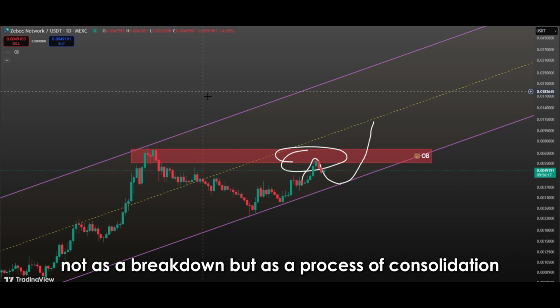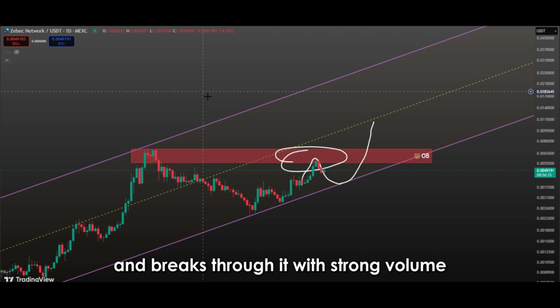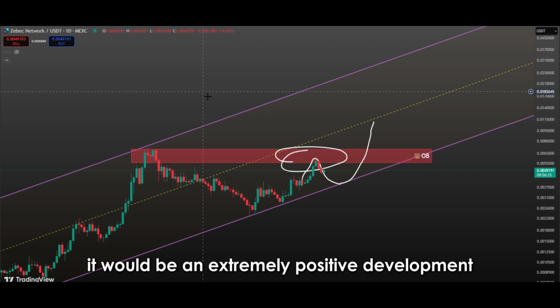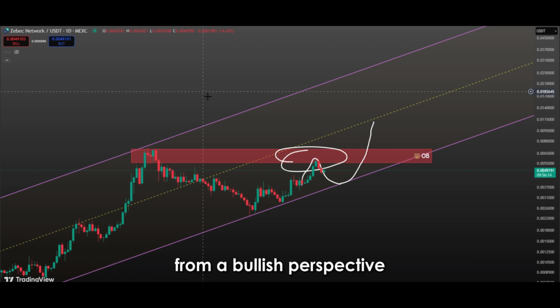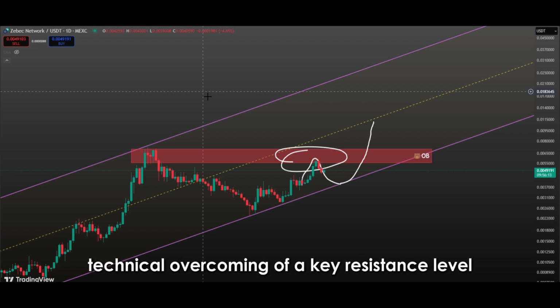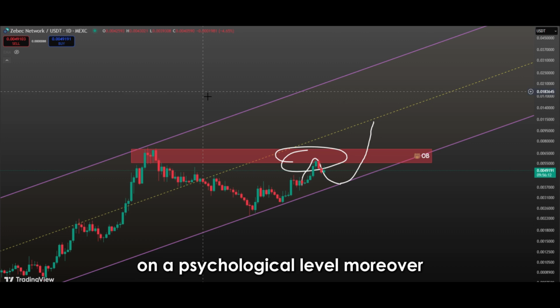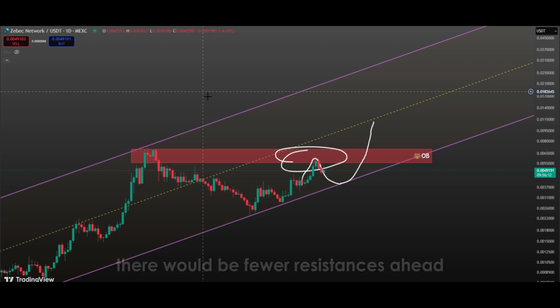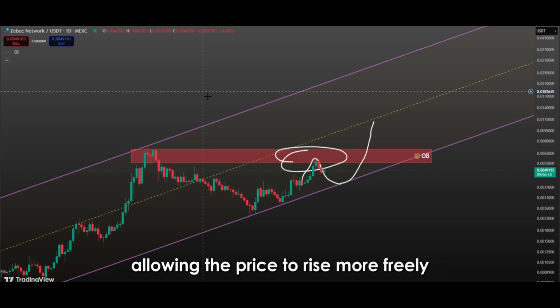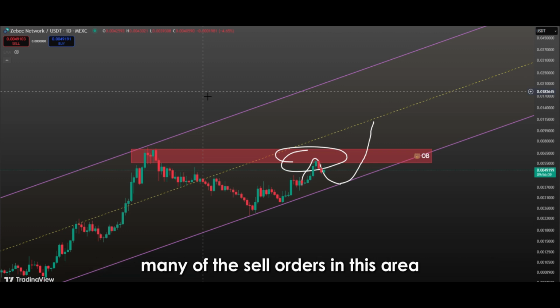a process of consolidation. If the price returns to this bearish order block and breaks through it with strong volume, it would be an extremely positive development from a bullish perspective. Such a breakout not only represents the technical overcoming of a key resistance level, but also reflects growing investor confidence on a psychological level. Moreover, once this zone is broken, there would be fewer resistances ahead, allowing the price to rise more freely. Additionally, if the second touch results in a breakout, many of the sell orders in this area